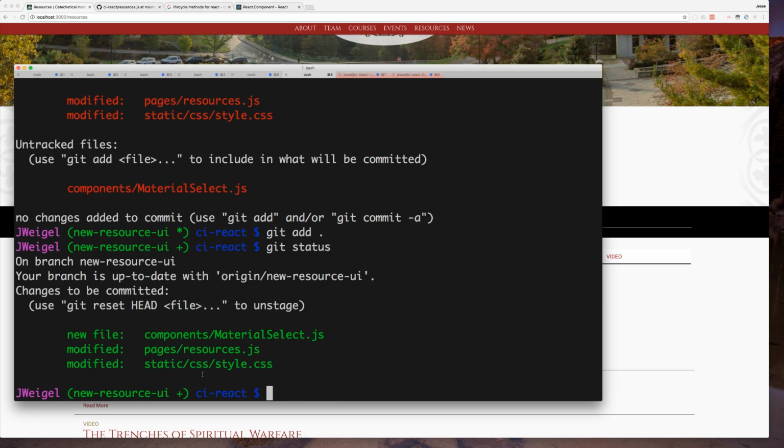And you can see now everything's ready for me to add a commit message to. And then I can type git commit, and if I put the m flag, I can put my message right here. If I leave out that flag and I just hit enter when I hit git commit, it will pull up whatever your preferred editor is, which by default might be Nano, but for me, I think I set mine to be Atom. So then you would have to put in your message there. If you have a really long message, that's probably the better way to go, but this is faster if you have a short message. So in this case, mine would be